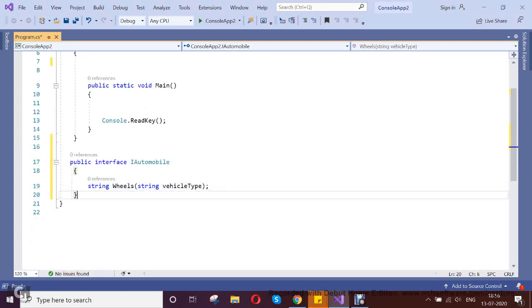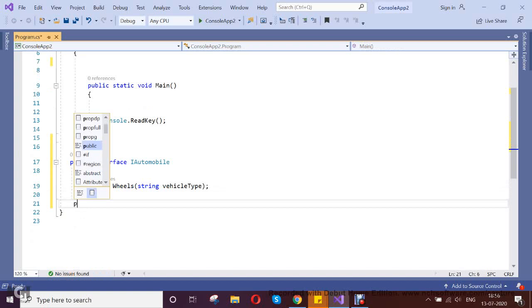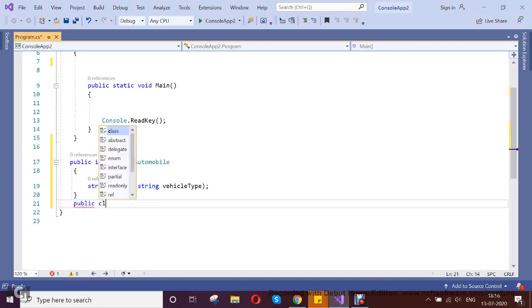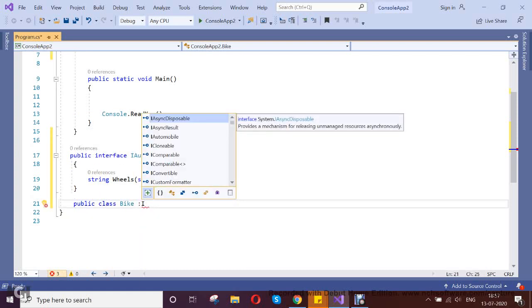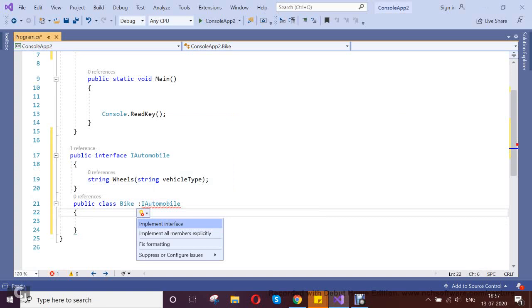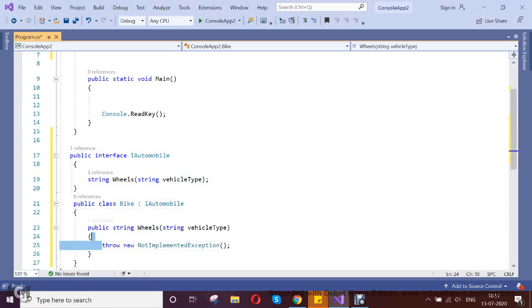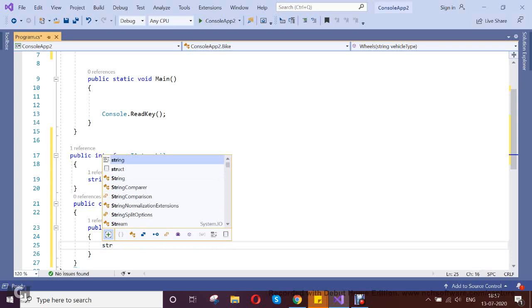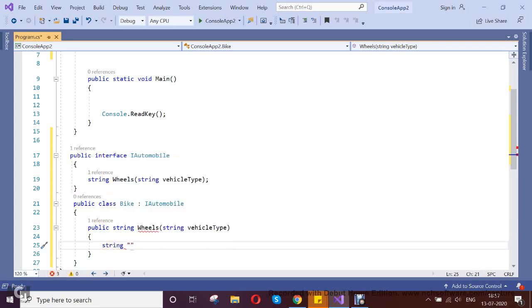Now I am going to create my class which implements the automobile interface. Here I call it a class called Bike, which implements IAutomobile. It's going to return me the string two wheels.